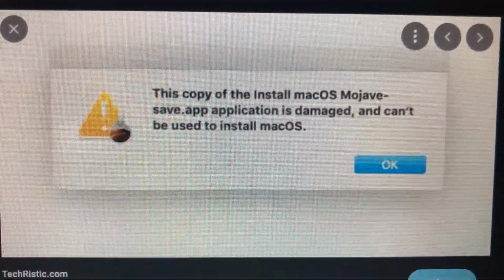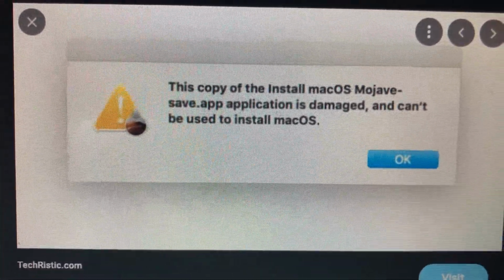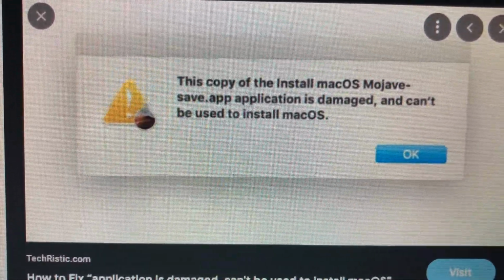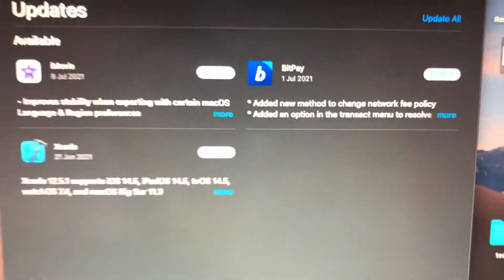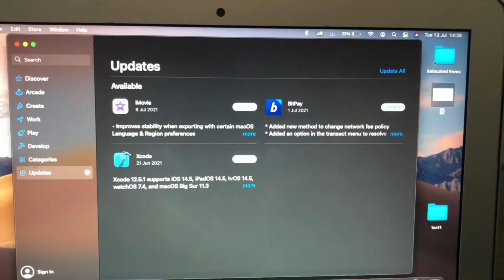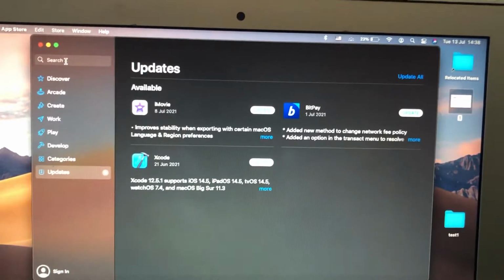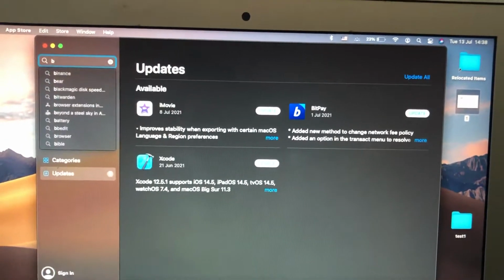So also you know that you just need to download the macOS installer only from verified developers, and that's why you should just go to the App Store and write in the search the name of the macOS version you want to install. So for example, Big Sur,